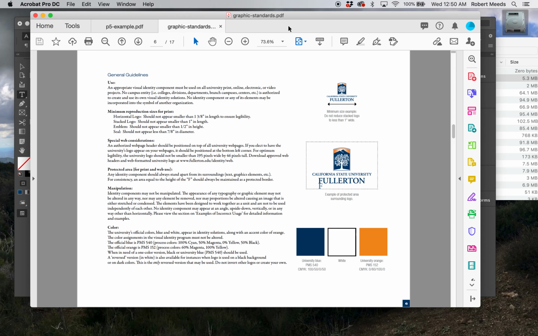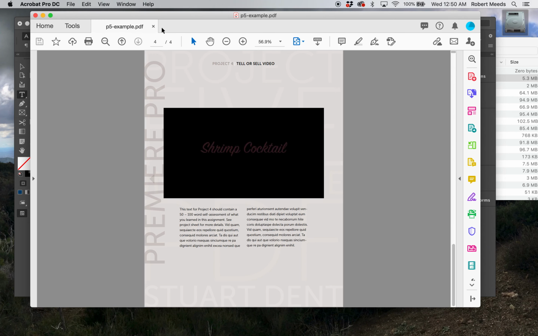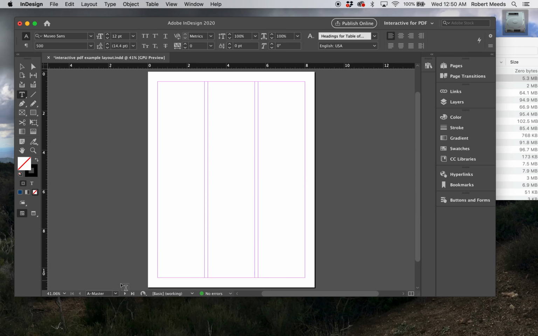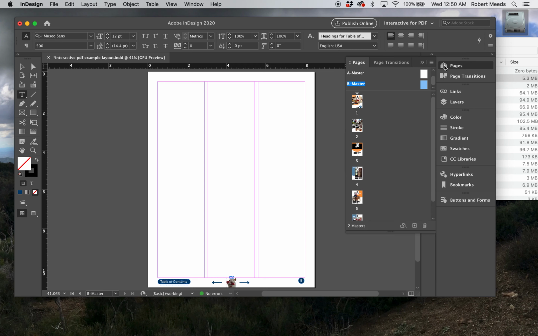The other thing I've set up for you in this document is the master pages that you're going to want to be working with. To find your master pages, you can go down here on your page navigation this way, and you can see I've got an A master, and I've also got a B master. You can also find your master pages and which pages are assigned to which masters if you go up here into your pages palette. And so I've got my title page assigned to the A master,